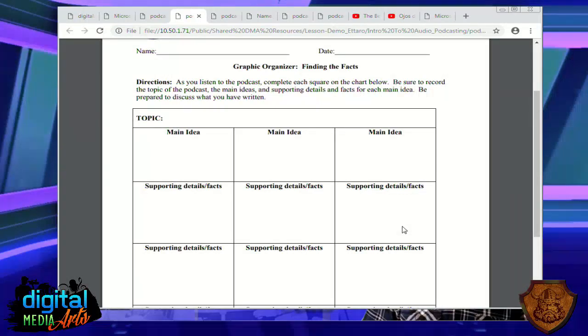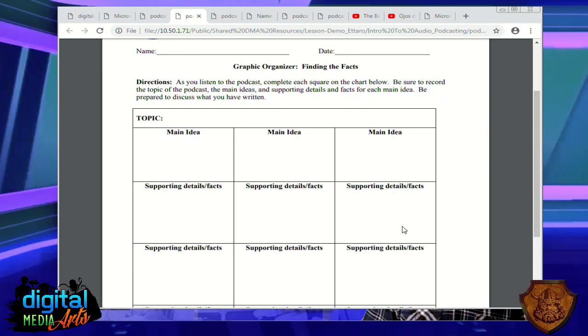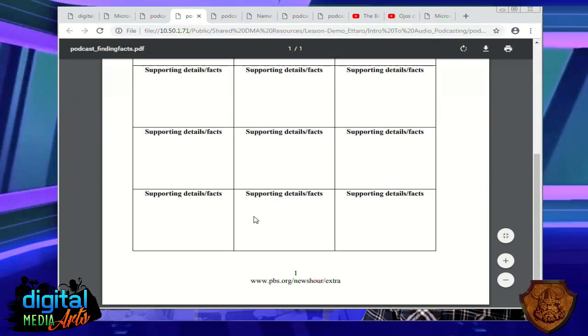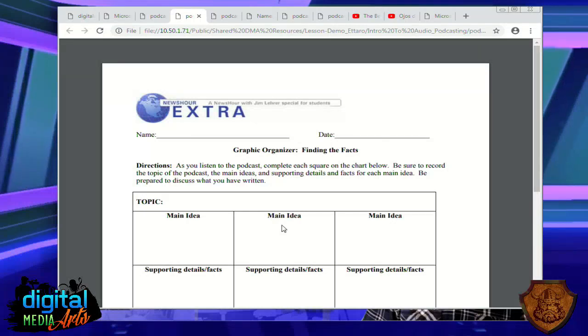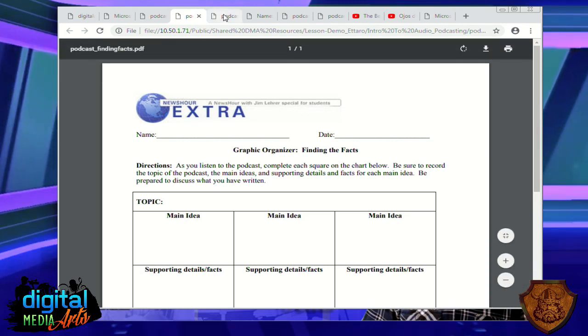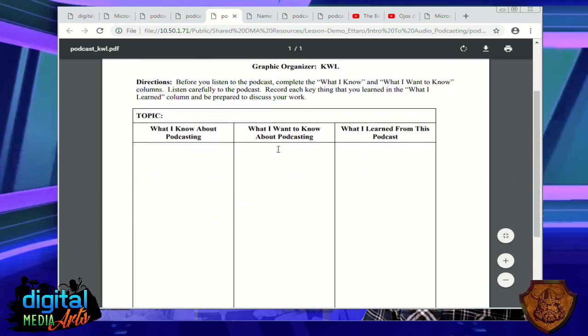The foundations of storytelling: pulling out your main idea, researching and finding supporting details and facts for that idea, and categorizing them into three main ideas for your podcast that you're then going to cover. Then you craft your questions from that, do your research, prepare, jump in the studio, and do your podcast. We'll help you walk through that process again.